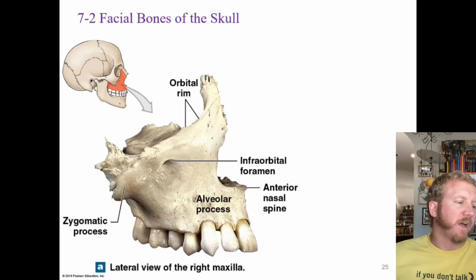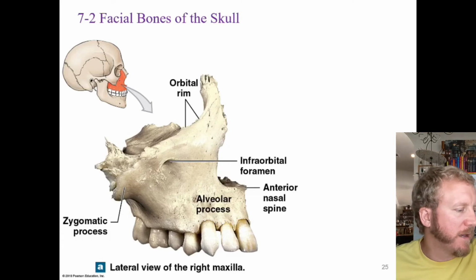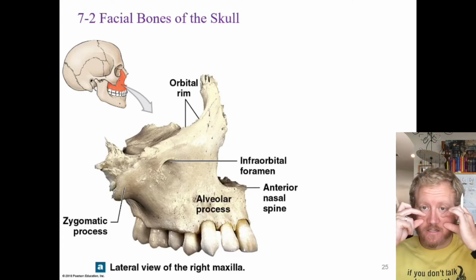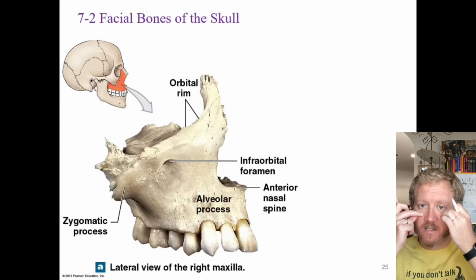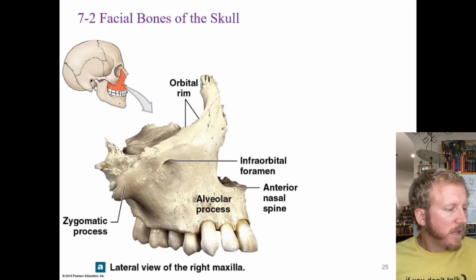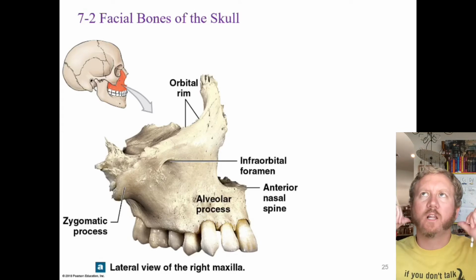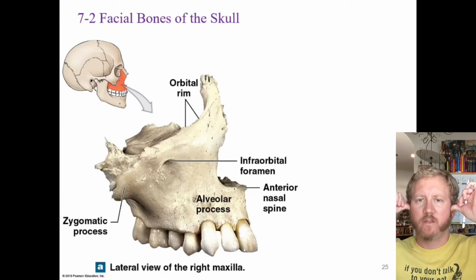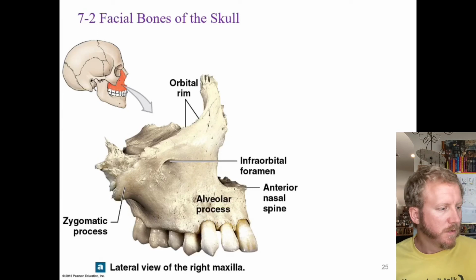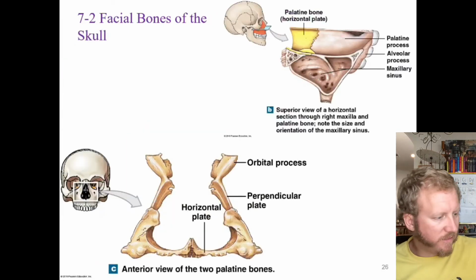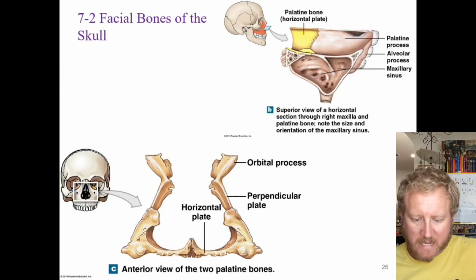That's okay. And then the maxillary sinuses, which are the largest sinuses, and so we're talking about these sinuses right here. It joins with the frontal bones, the ethmoid, and with each other, and then all the other facial bones except for the mandible, which really only articulates with the temporal bones. Then we have the palatine bone, which